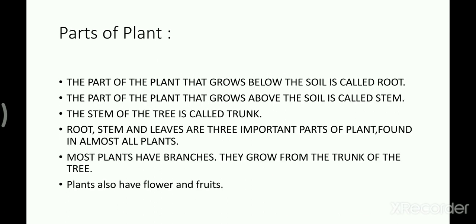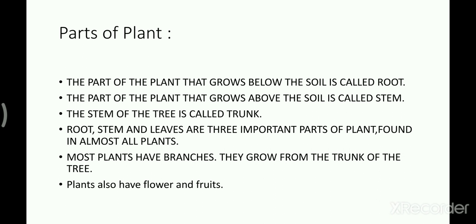Now we will start with our first topic, that is parts of the plant. As our body is divided into different parts, in the same way plants also have different parts. The part of the plant that grows below the soil is called root.